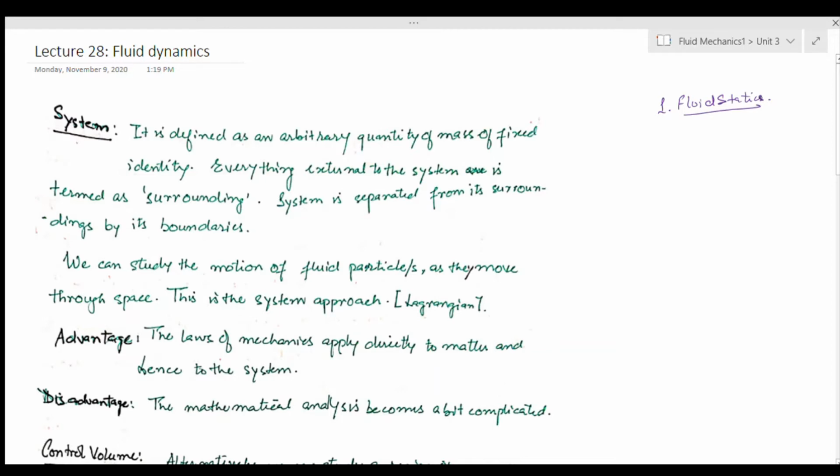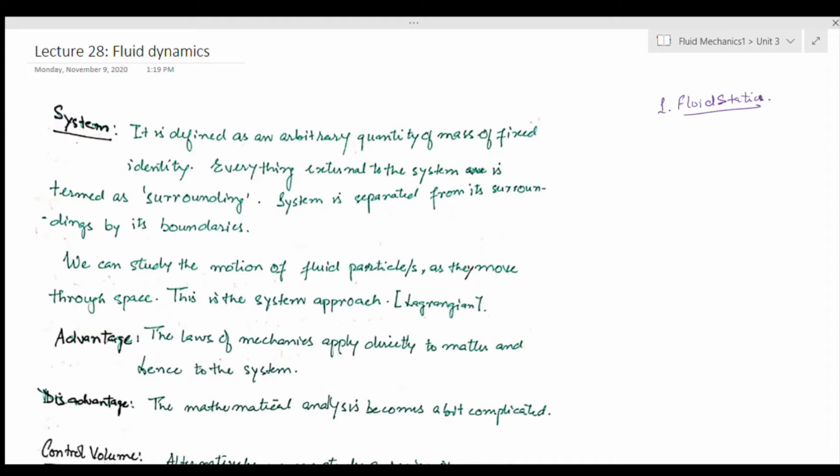Also, one part of unit 1 was rigid body motion. We were considering it as a fluid statics case, although in reality we could see that there is some kind of motion happening. So there were two cases inside it. One of them was simple translation and the other was rotation. The third component of unit 1 was dimensional analysis, and in dimensional analysis we covered the Buckingham Pi method, we covered similarity. These were the similarity and similitude. These were the things which we covered.